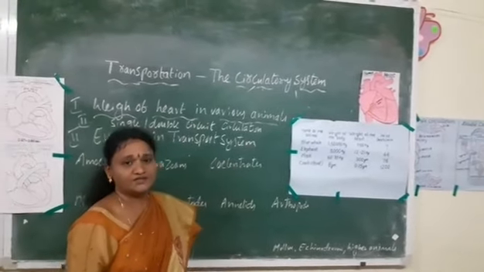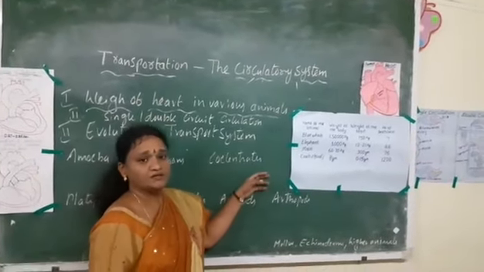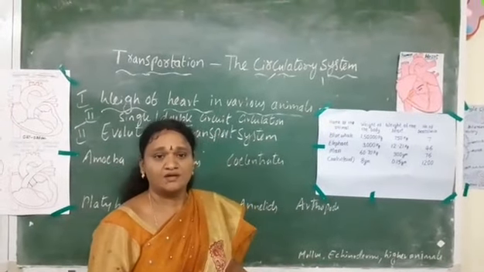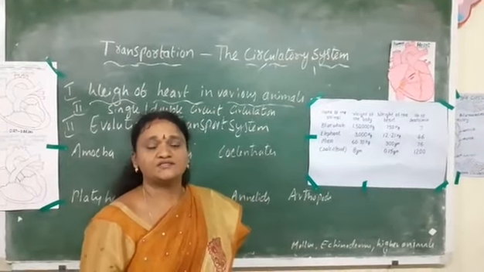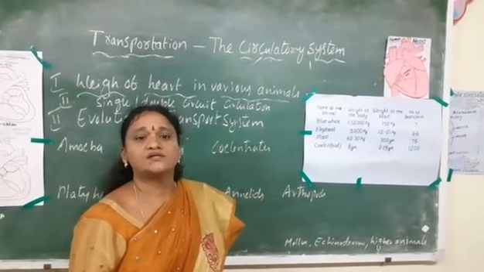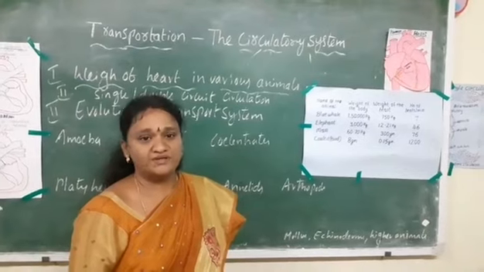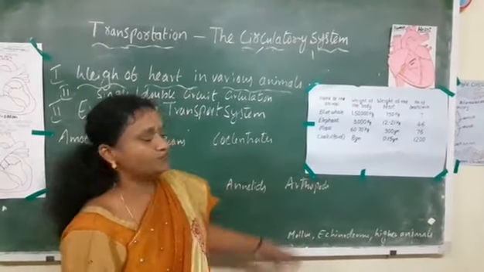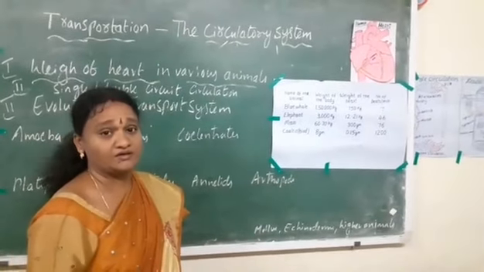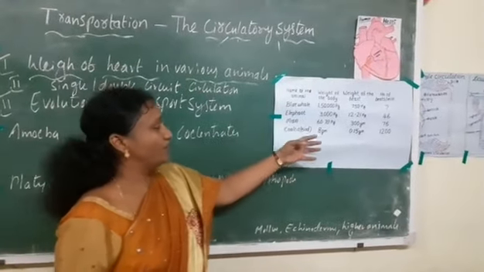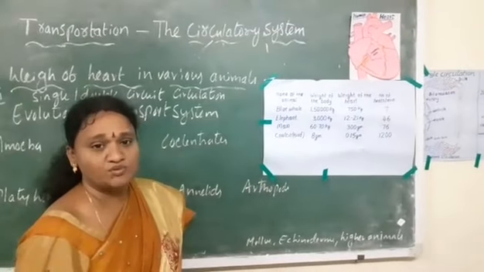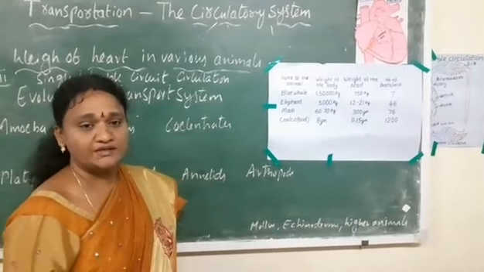So we continue with the next topic, that is the weight of the heart. You know that the size of the heart is about one's fist, and the weight of the heart is about 2% of the body weight. When the weight of the body increases, naturally the weight of the heart increases, and the heartbeat decreases. Animals with higher body weight and higher heart weight show fewer heartbeats per minute. In human beings, it is between 70 to 80 times per minute.